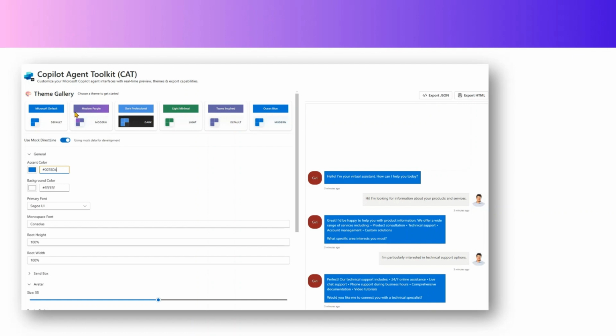So as you see in this interface, I have picked up the blue theme, and I made some change over here. So you can see that this is an agent which has some text in it, GIRI. I have put my avatar image. I can change that. I can change the border radius. I can change the font. So there's a lot of options that are available. And because of this mock direct line setting enablement, I'm able to see the preview live. Also, I can perform an export to JSON and HTML